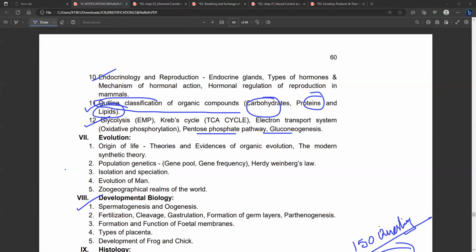Then friends, we also have cellular respiration. For the old students, I have explained it many number of times with the biochemistry. You have to read complete glycolysis, its regulation, complete Krebs cycle and its regulation. Then friends,